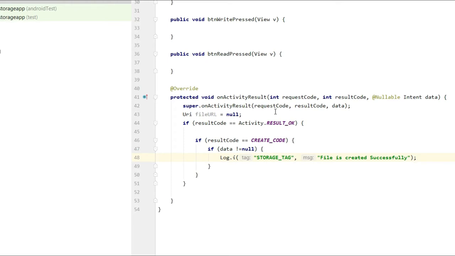So guys, here we have received the result in onActivityResult, and we have retrieved the file URL.